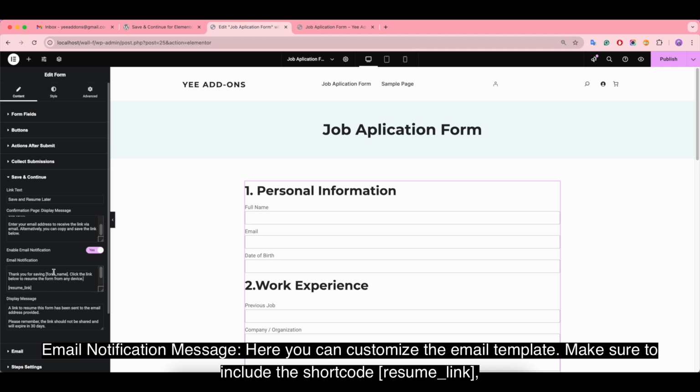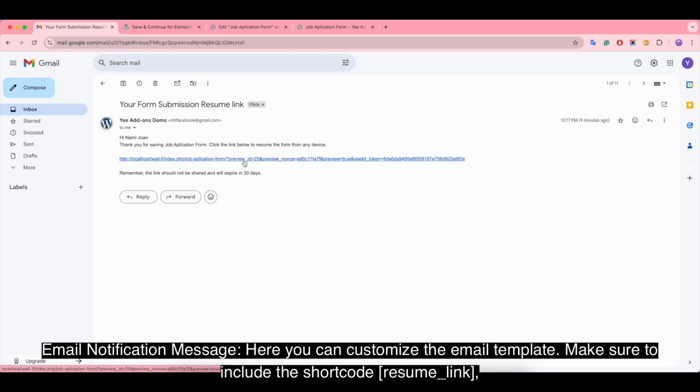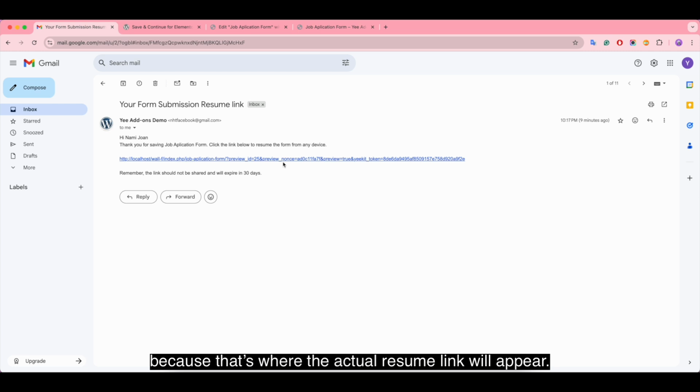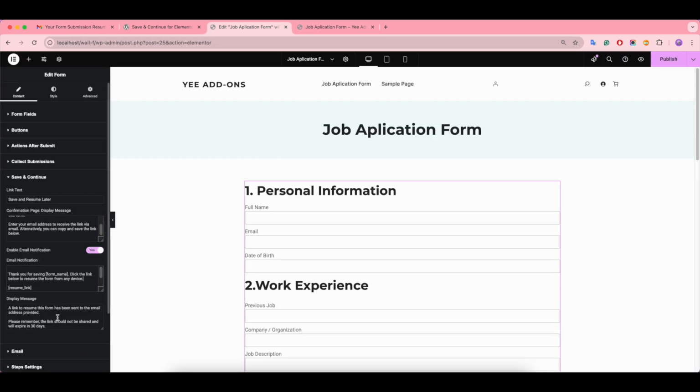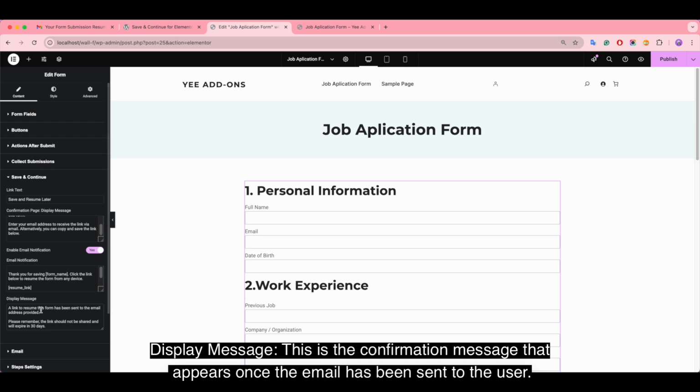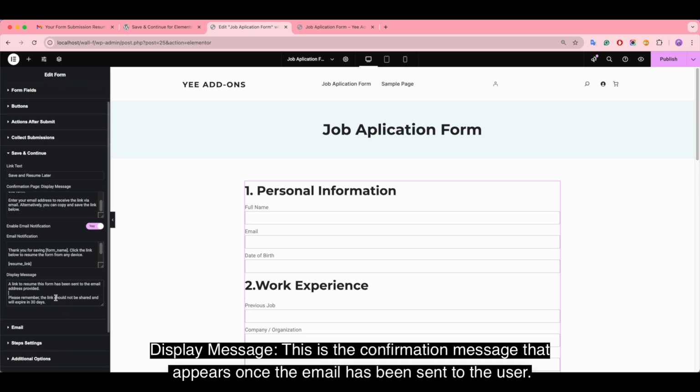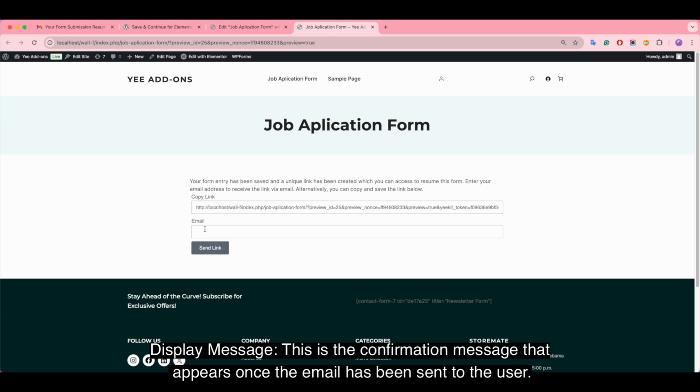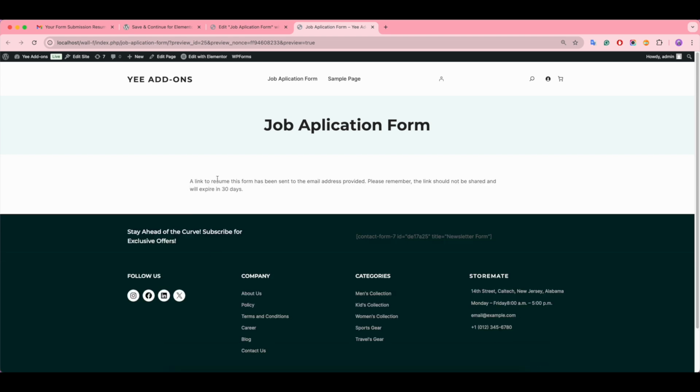Make sure to include the shortcode resume link, because that's where the actual resume link will appear. Display message. This is the confirmation message that appears once the email has been sent to the user. Here it is.